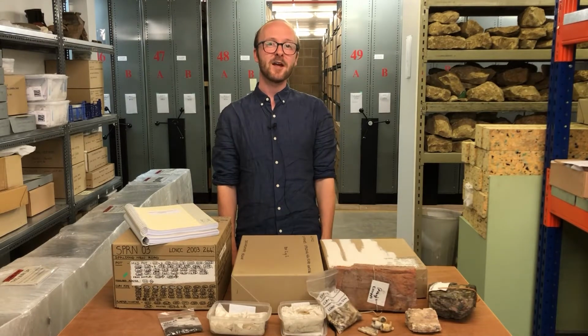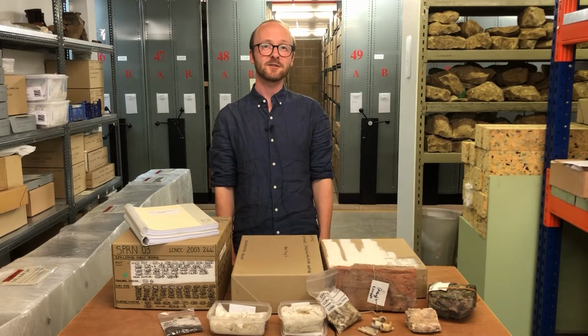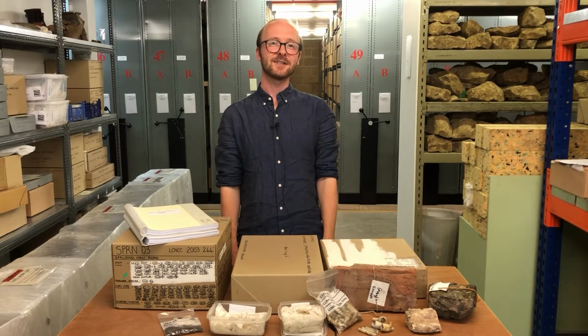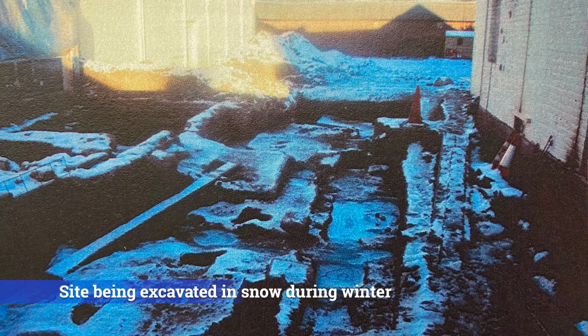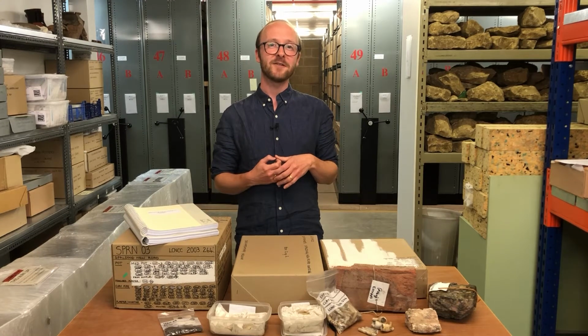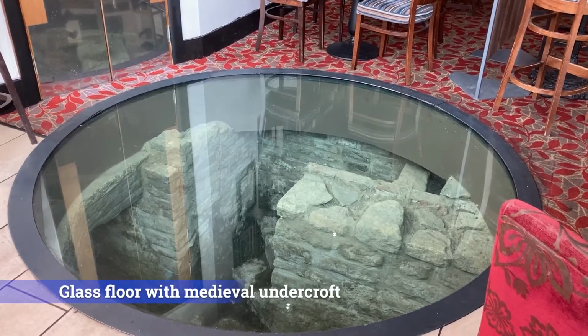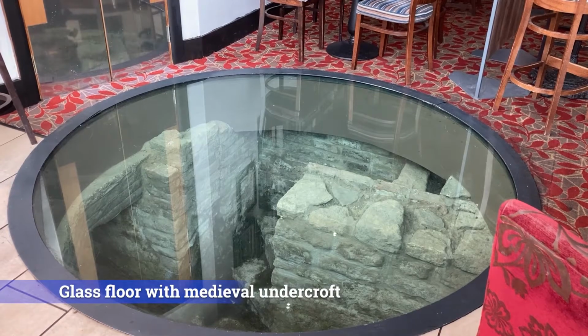So to be able to get their planning permission, South Holland District Council required J.D. Wetherspoon to do an archaeological excavation before the new buildings could be built. Experts from APS Archaeology worked for over 3 months over the winter to excavate the site. They found a medieval stone undercroft, or sort of basement area, which dated probably from the 12th or 13th century and would have come from a medieval stone house. Wetherspoons decided to preserve the remains in situ beneath the new pub, and visitors today can still see them preserved